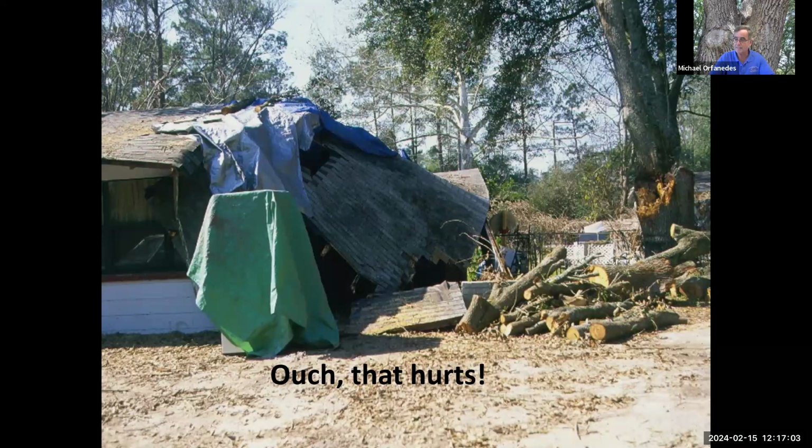We've lost a lot of canopy in the last few years, particularly since regulations have been eased and it's become easier for folks to take trees out of private property. And so, all the while we're concerned about climate change and the fact that urban forests do play a significant role in cooling our communities, shading our communities, providing habitat for wildlife, and above all, sequestering carbon dioxide that's causing